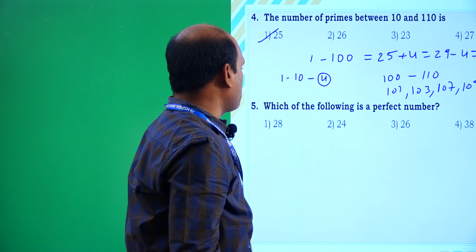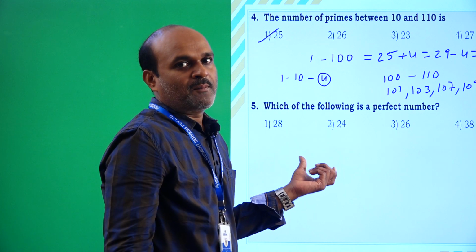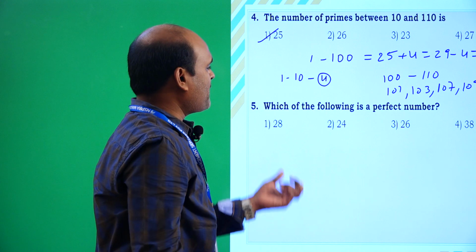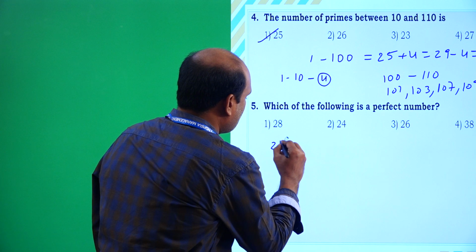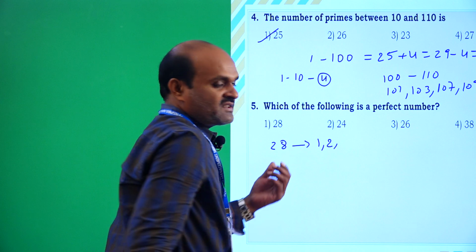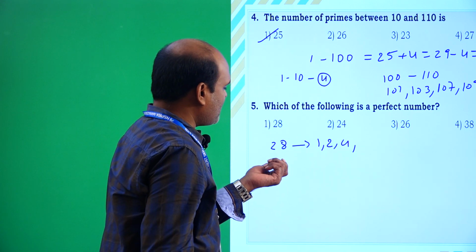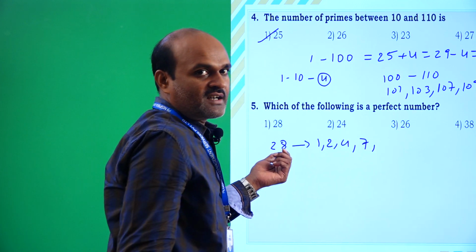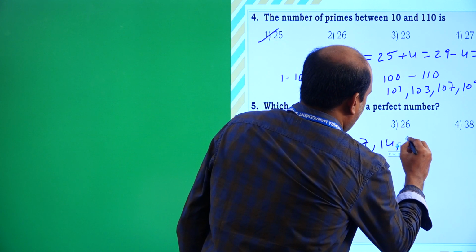Now coming to the next problem, which of the following is a perfect number? We are discussing that if the sum of all factors of a given number is twice that number, then those types of numbers are called perfect numbers. Here in our first option, 28. What are the factors of 28? 1 is a factor, 2 is a factor, 3 is not a factor. 4 is a factor, 5 is not a factor, 6 is not a factor, 7 is a factor. Next 8 is not a factor, 9 is not a factor, then 14 is a factor and 28 is a